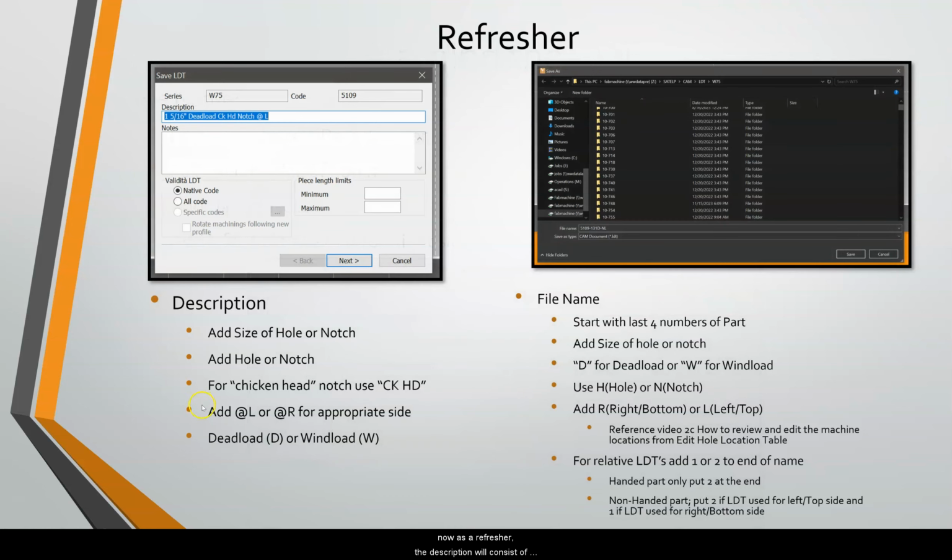Now, as a refresher, the description will consist of adding the size of the hole or notch, adding hole or notch. For chicken head notch, use CK/HT, adding at L or at R for the appropriate side, and adding if it's dead load or win load. The file name will consist of the last four numbers of the part, adding the size of the hole or notch,